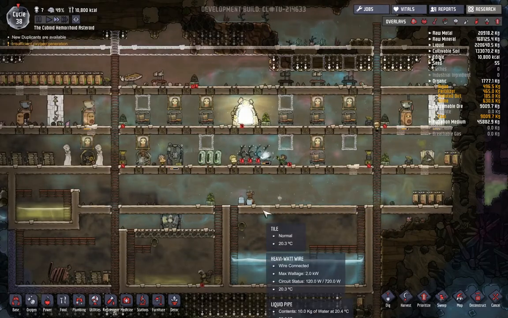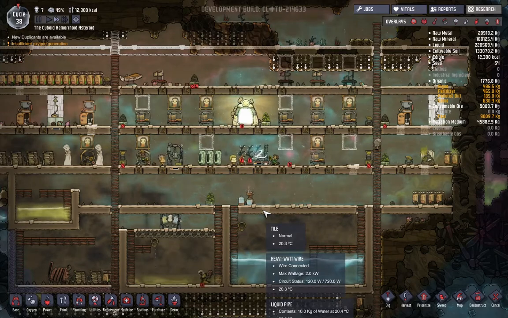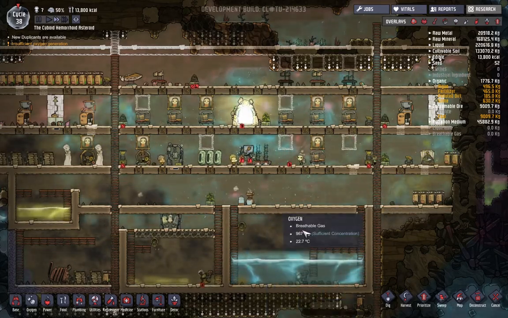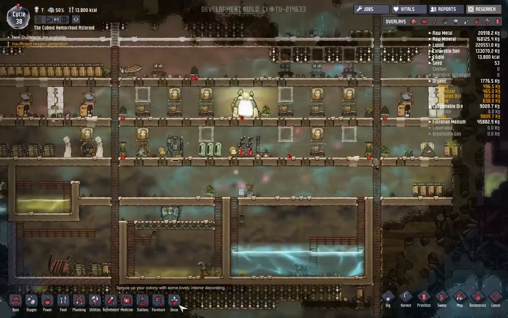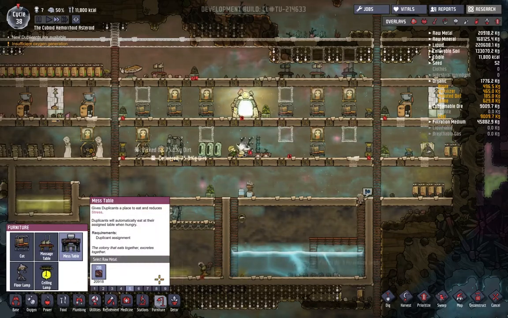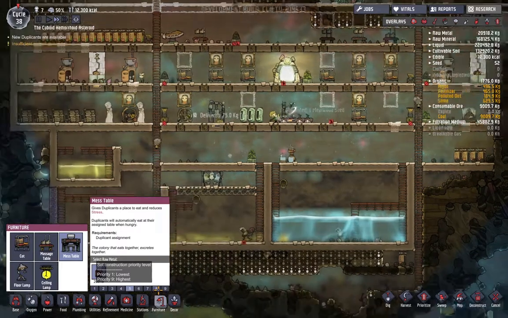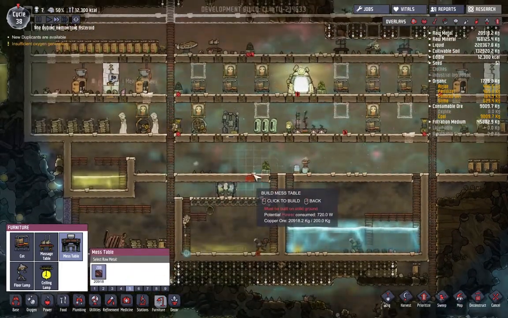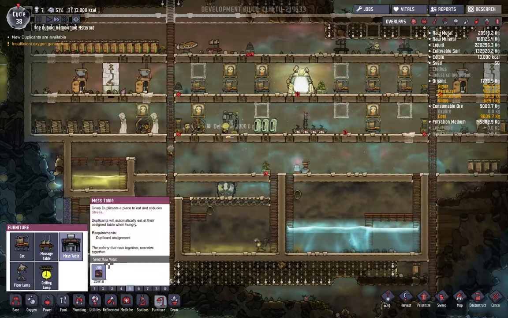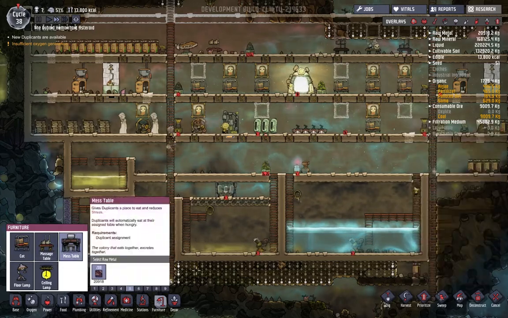And I literally just realised we still don't have a mess table set up. And that's crazy. Why don't we have a mess table set up? Nuts. How many do we have? We have 7. So we could set one up. This one we can disable. No, we can deconstruct. Get rid of that one, and then we can get a mess table, and I mean